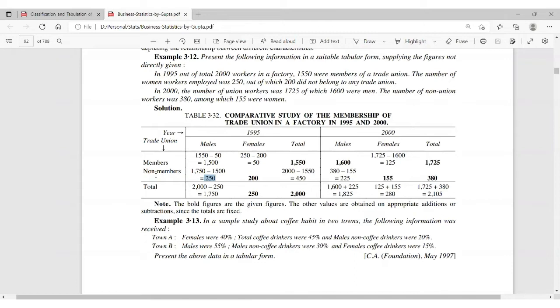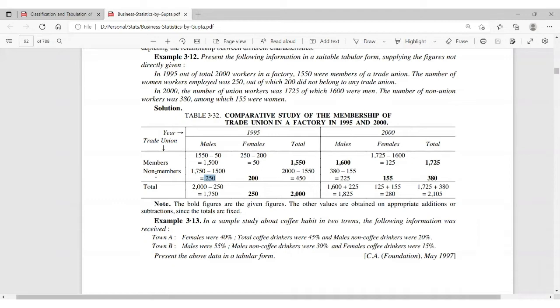Actually, what I find here is that the figures which are given here have to be firstly put into the respective spots of the column. Yes, whatever is given in the input data. And the rest of the data has to be calculated. Yes. Right. In the similar way, say for the year 2000,